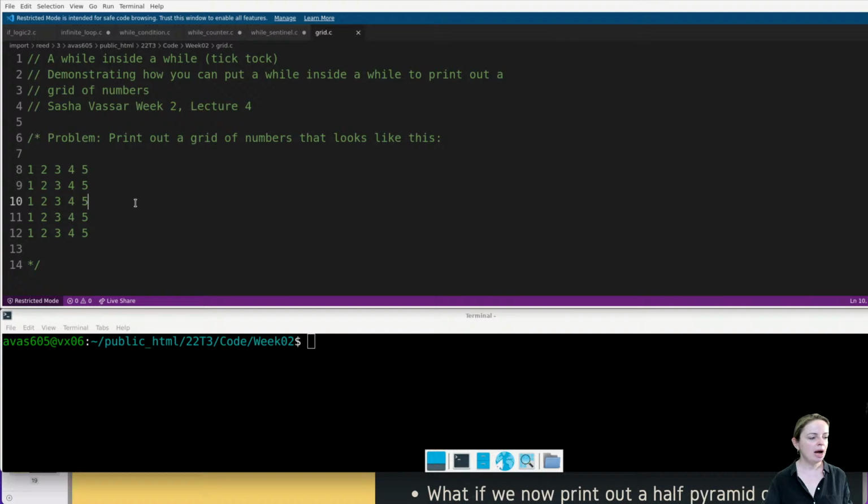Okay, so our problem is to print out a grid of numbers that looks like this. Fantastic. So if we look at it, we've got 1, 2, 3, 4, 5, 5 numbers, and then there are